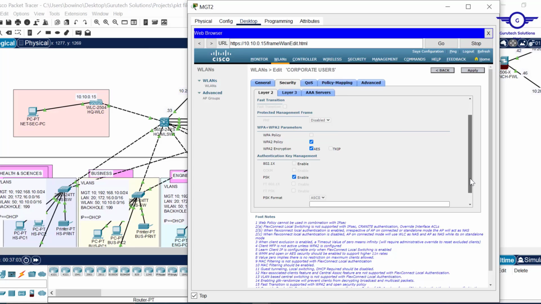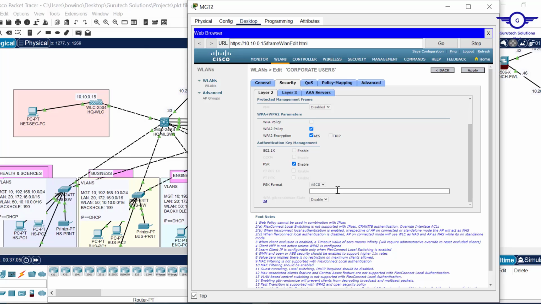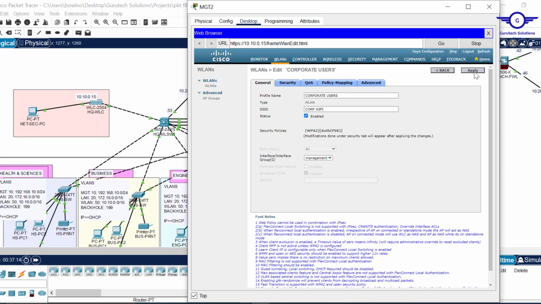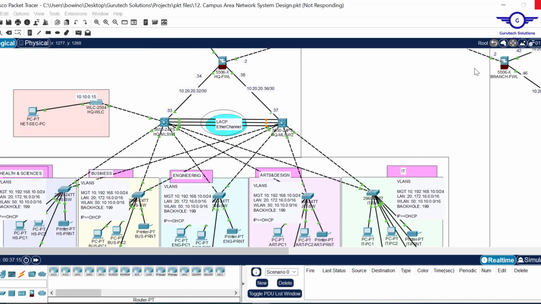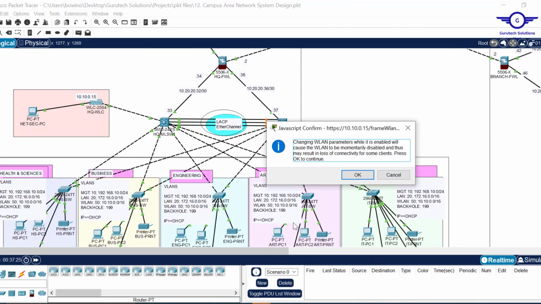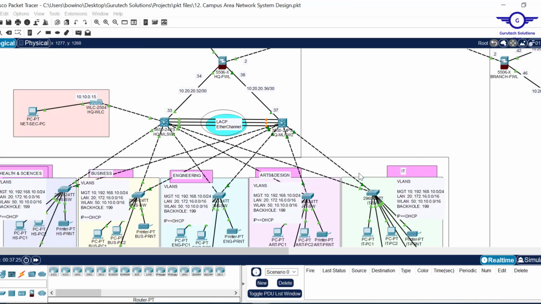So this is where you write your password. I also want the password to be Cisco@123. Cisco@123. Then you just apply. Okay, so if you come down here now,